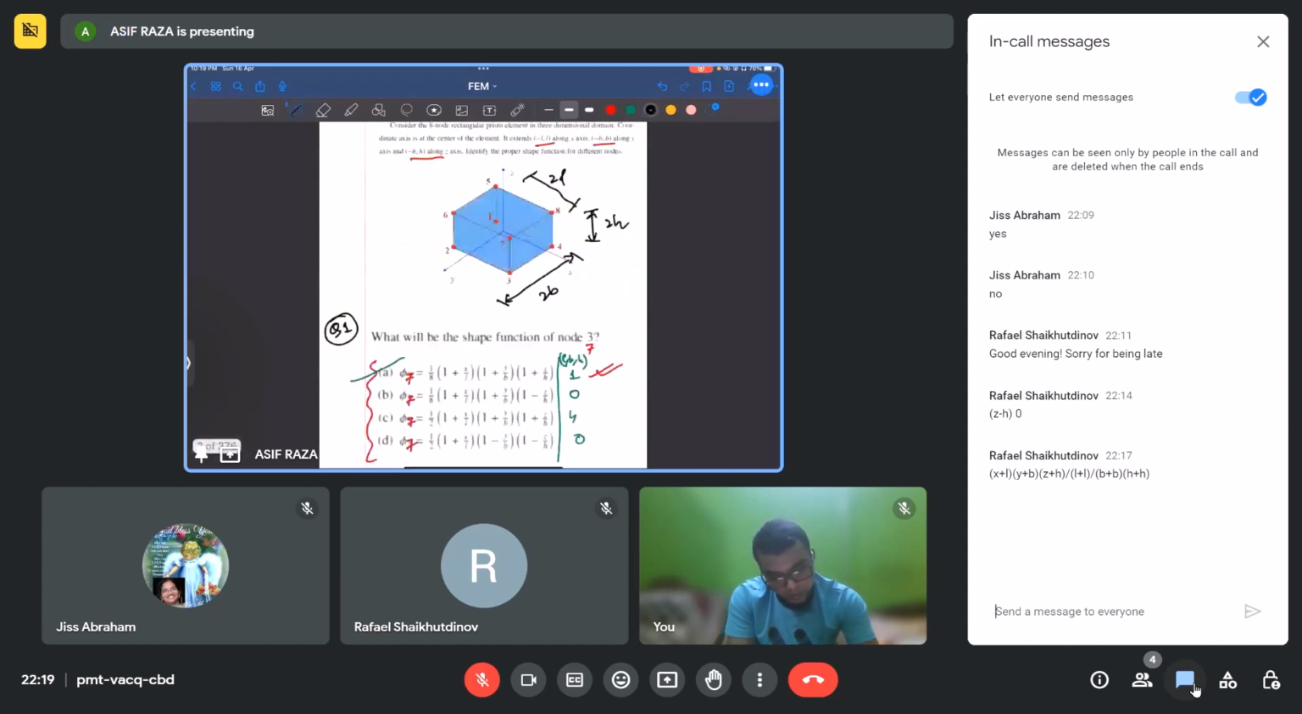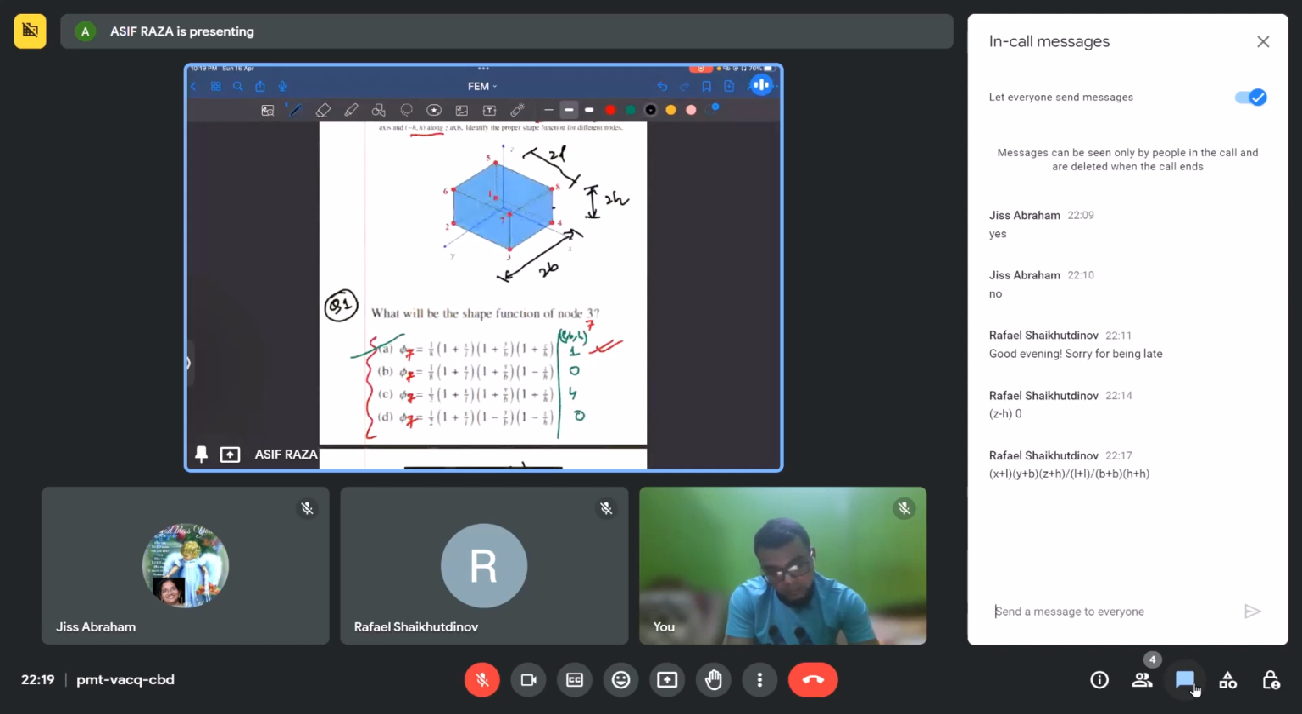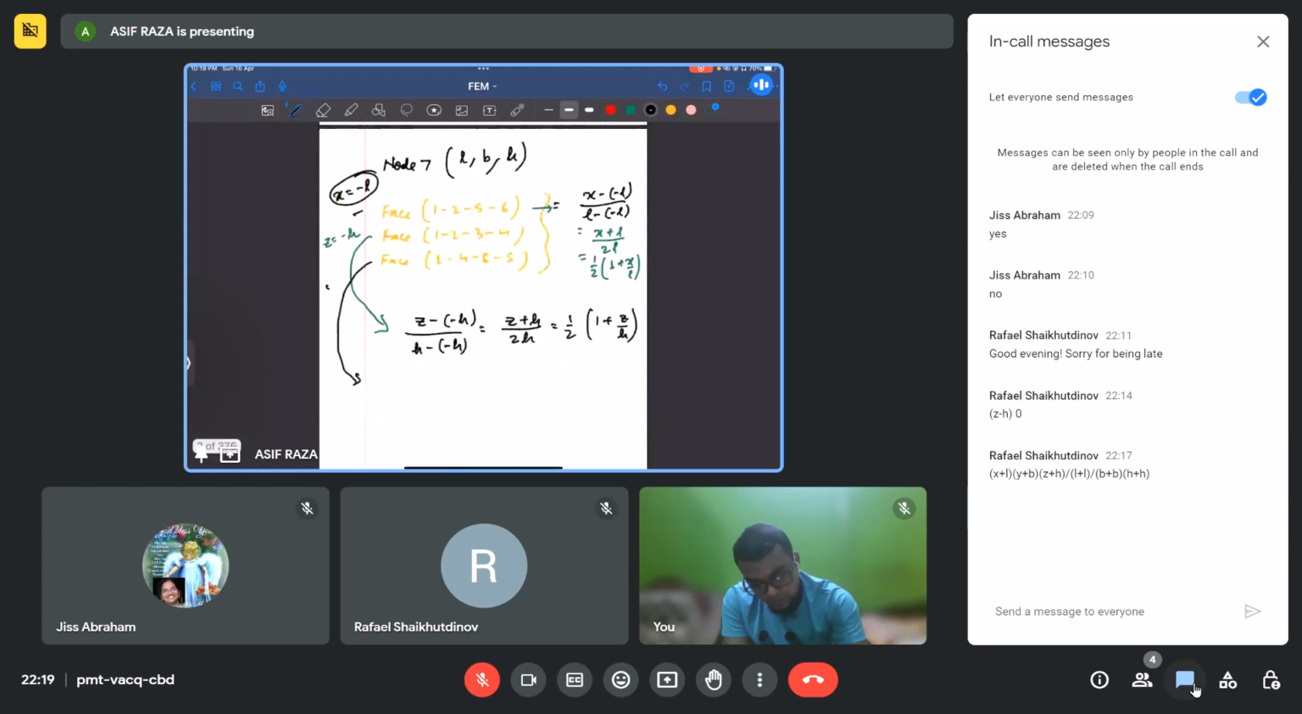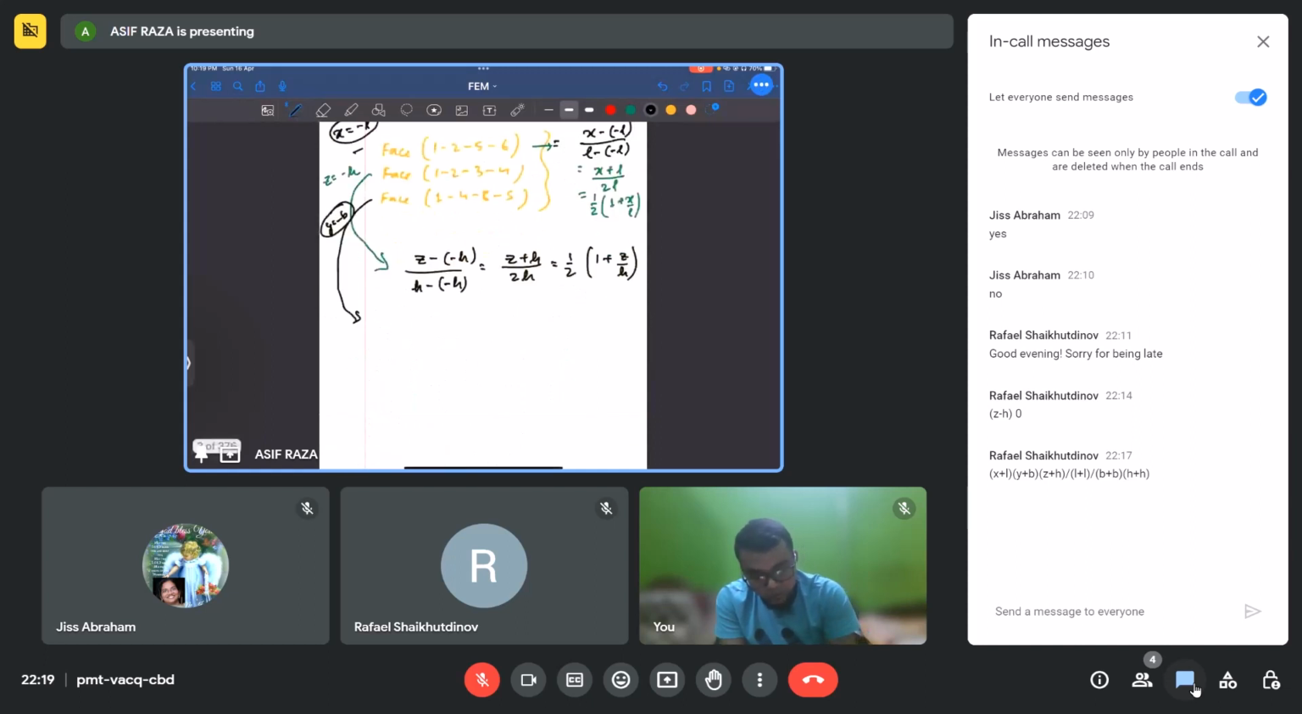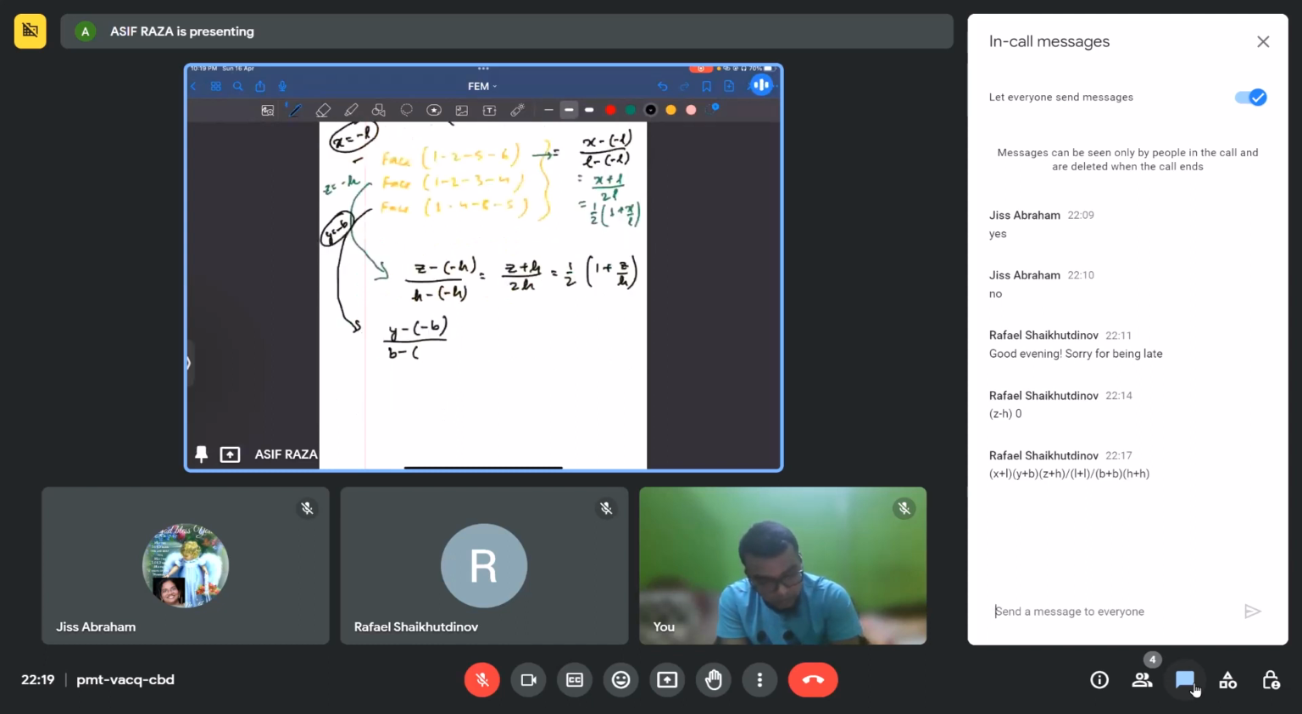1485 is this one, that is y equal to minus b. Y equal to minus b. The equation for that will be y minus b upon b and minus b. This will be y plus b upon b, that is 1 upon 2, 1 plus y upon b. Okay,